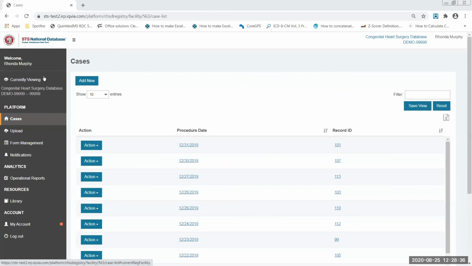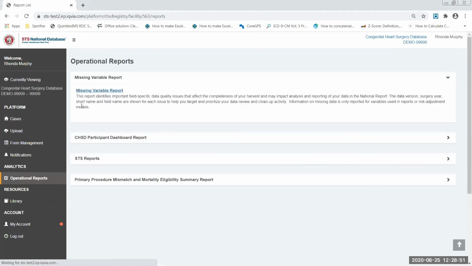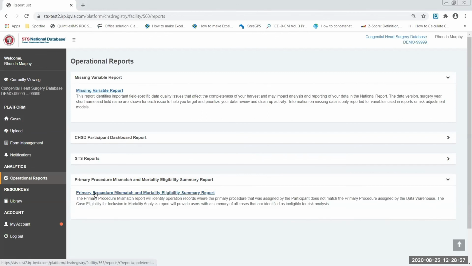I've logged into the STS national database at IQVIA, and once I'm logged into the application, I would navigate here to this operational reports page, and then using this little arrow here, I can expand and see the new report link, as well as a brief summary of what this report will provide. This specific report is going to provide a procedure mismatch report that identifies operation records where the primary procedure assigned by the participant does not match the primary procedure assigned by the data warehouse.